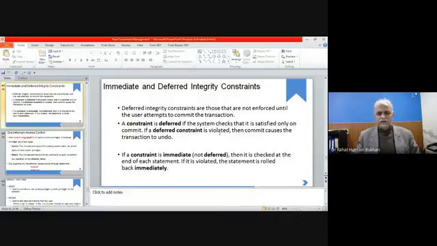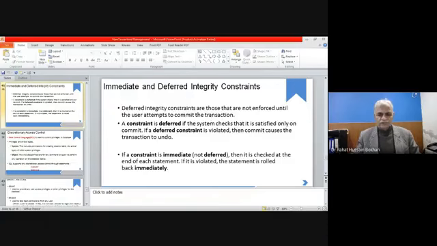If a deferred constraint is violated, then the commit causes the transaction to be undone. Again, when the deferred aspect is considered, these constraints are not enforced until the user attempts to commit. When he does some transaction, until he commits it, the deferred constraints are not